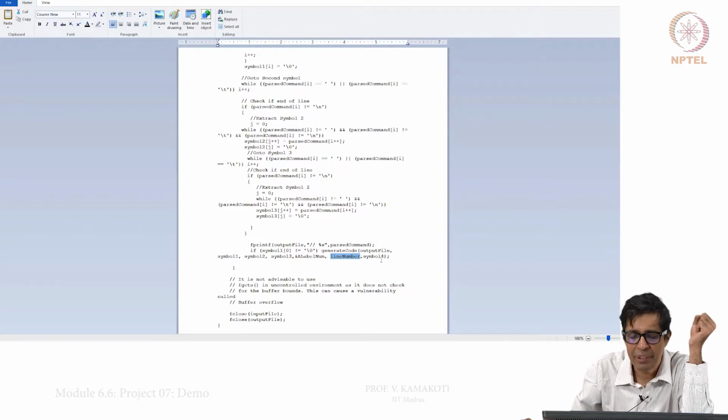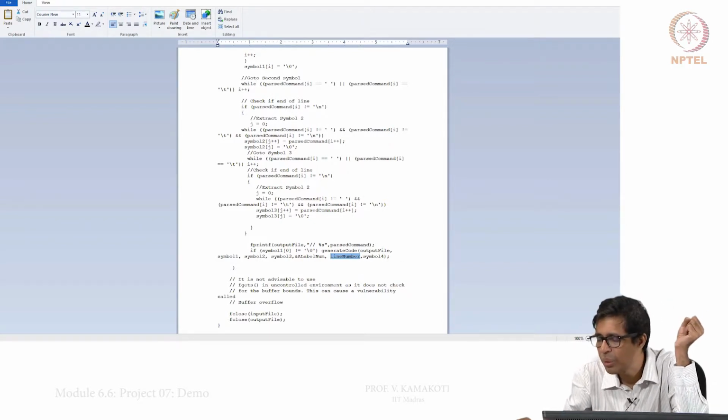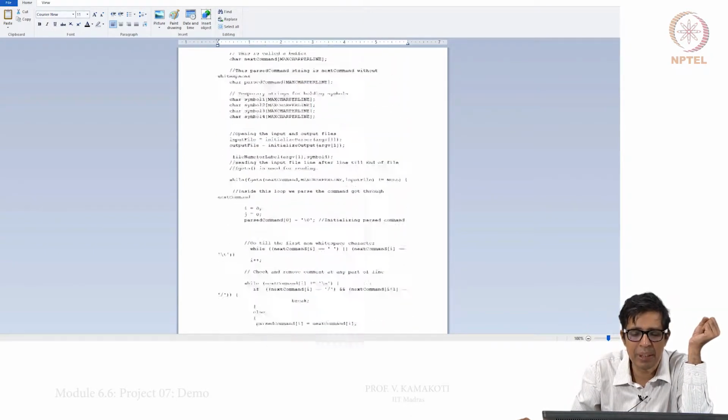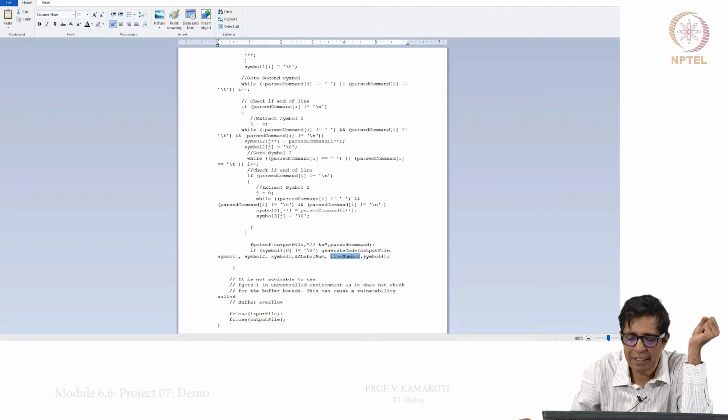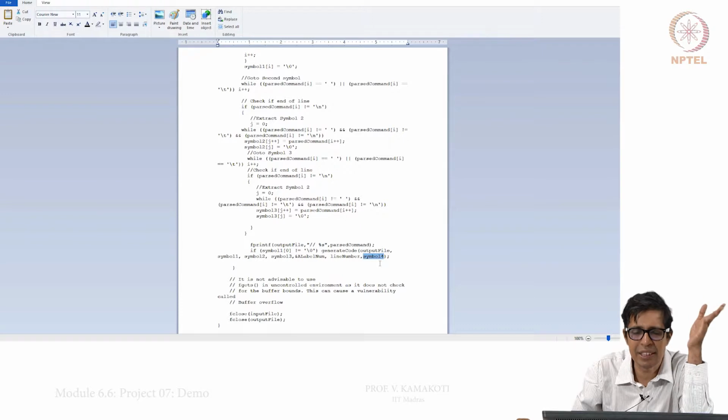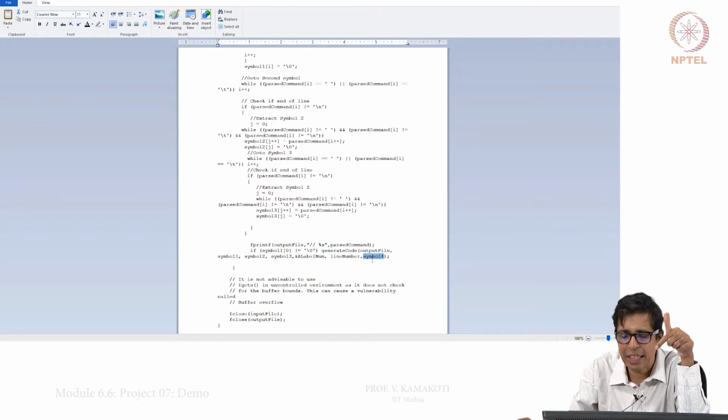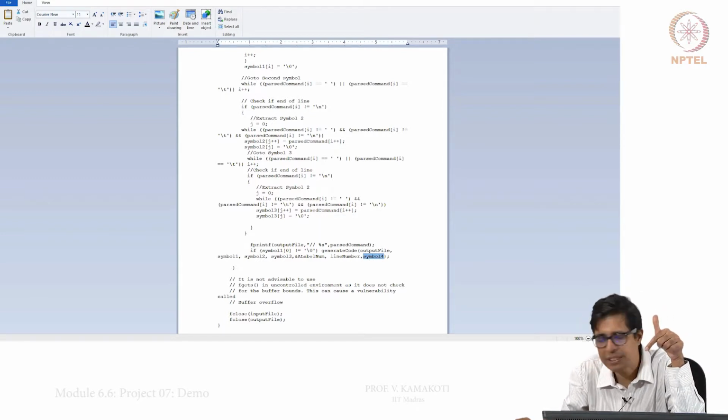And I also have a symbol 4. The symbol 4 is, for the static variable, a temporary. For a static variable I have to put, as you said, xxx.index, where xxx is the first part of my file name. Suppose I am saying add.vm, that add should go in as symbol 4. This is for generating the labels for the static variables, as we had discussed.